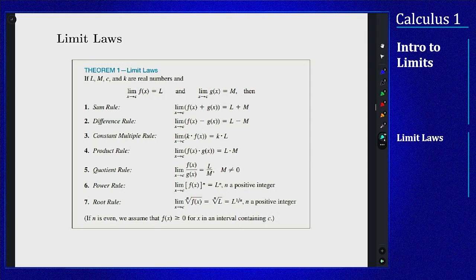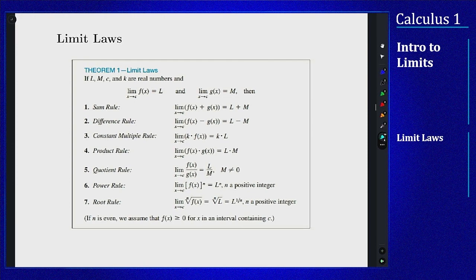Once we've established some basic properties of limits, we want to do a little more to see what we can actually do with them. And the first of these are these limit laws, which give us ways that we can combine simpler limits into more complicated ones once we know these properties actually hold true. So in order to actually prove these and establish these, you have to use the actual formal definition from section 2.3, but we can get a pretty good intuitive idea of why they should be true from our more informal